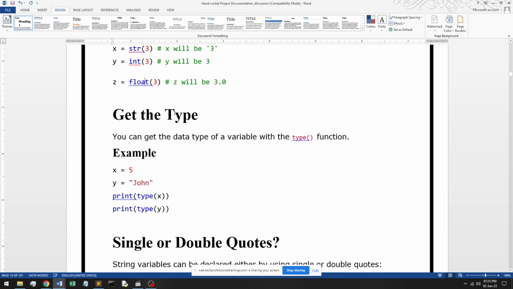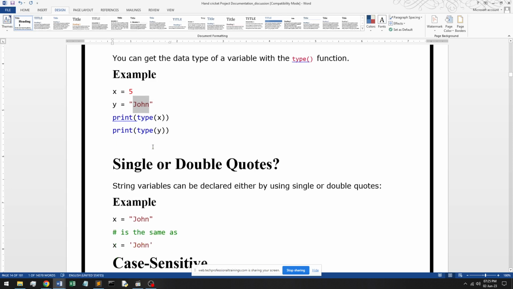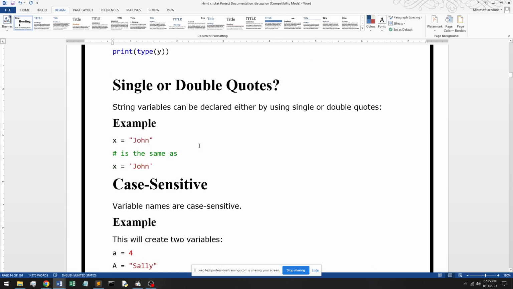How do you get the data type? With the help of the type function. Similarly, once again, please change this to your name. Okay, and there is a question: should we use single quotes or double quotes? So both are the same. It doesn't make a big difference until you go very deep. Okay, so